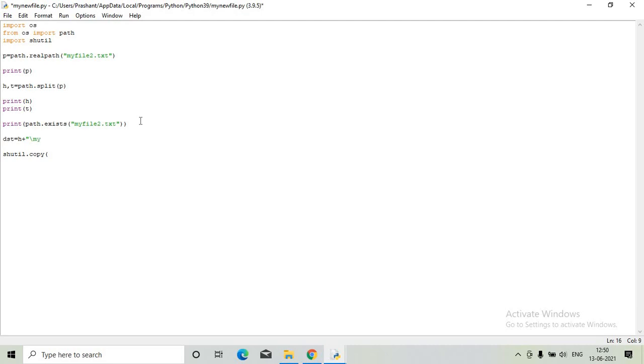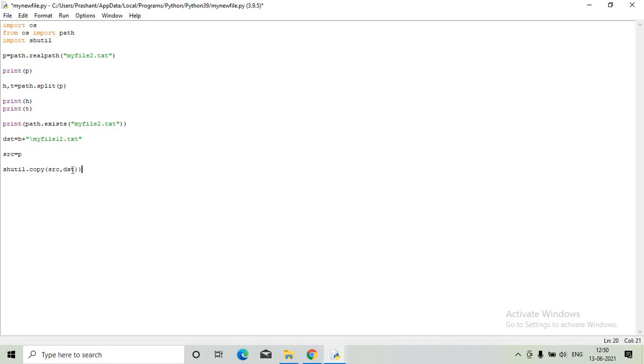I will create a new file here, say myfile12.txt. So this is the destination. What is the source? I take the same thing, the real path, which the p is having. This is the source. So the format is source comma destination.